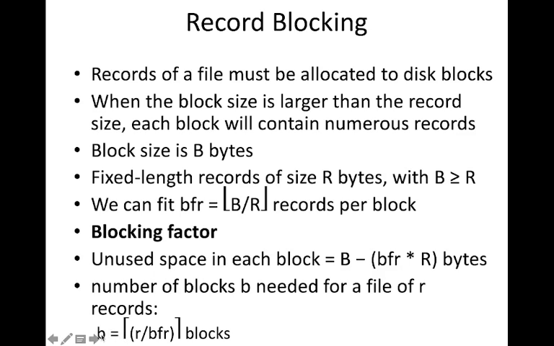It is given by this formula: B equal to R by BFR. R is the number of records, which we know, divided by BFR, the blocking factor value. This is ceiling. It means that if we get a value 10.2, it should be taken as 11. Even if we get 10.9, you have to take it as 11. Even if it is 10.1, you have to take it as 11. That is known as ceiling. So B equals the ceiling function of R by BFR blocks.